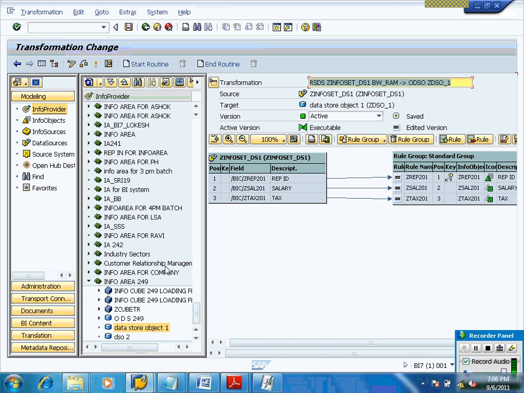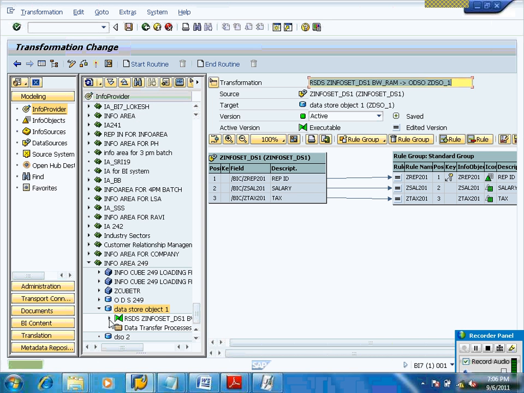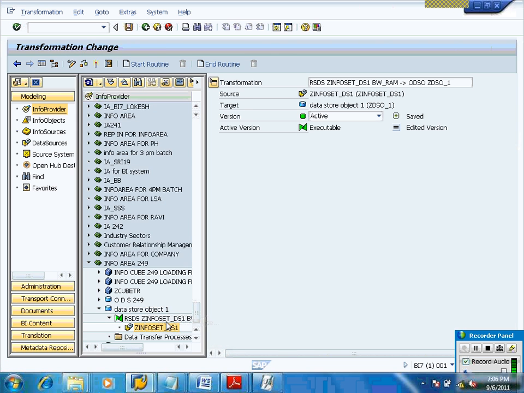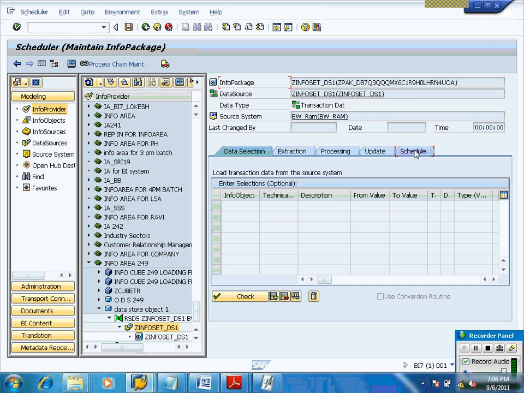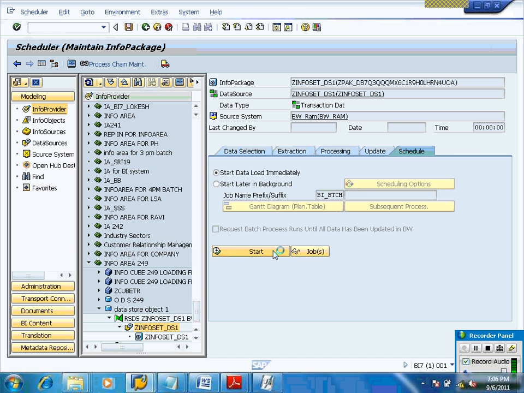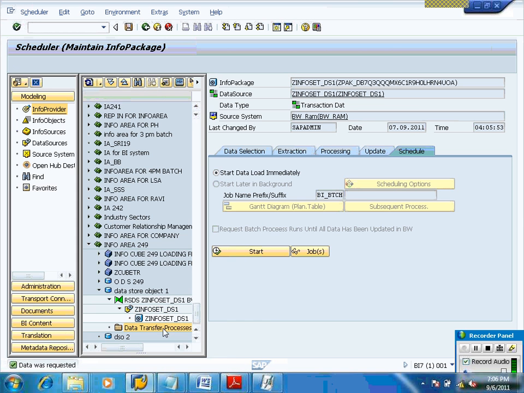Then go to info provider, refresh it. Under this you can create an info package, and schedule the data up to PSA. Now data is there in PSA, create DTP.